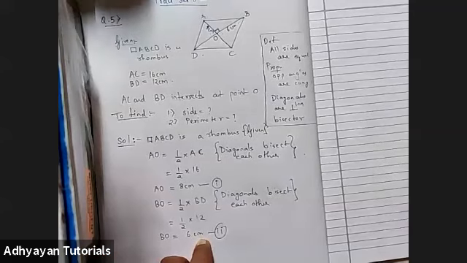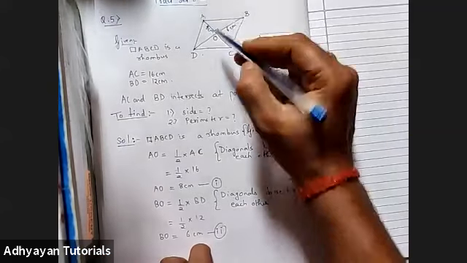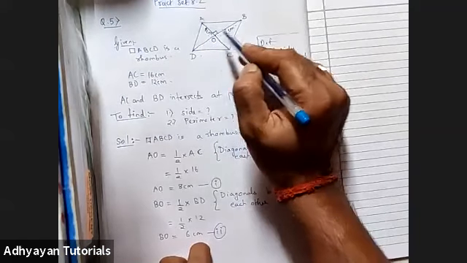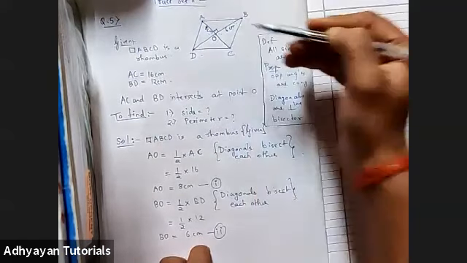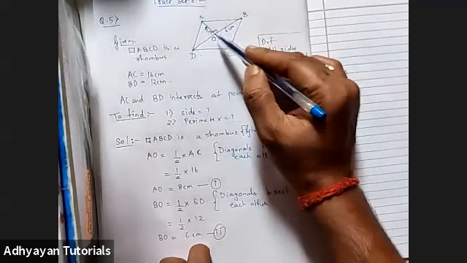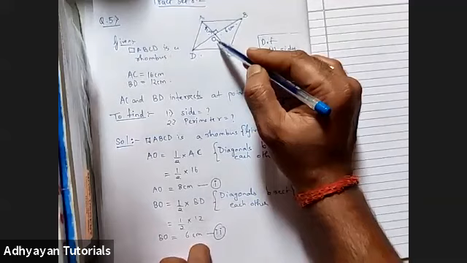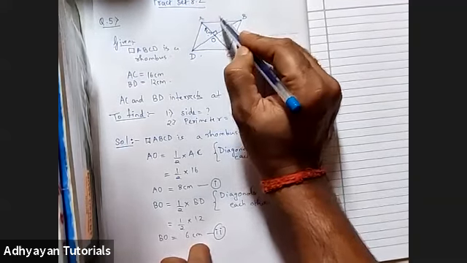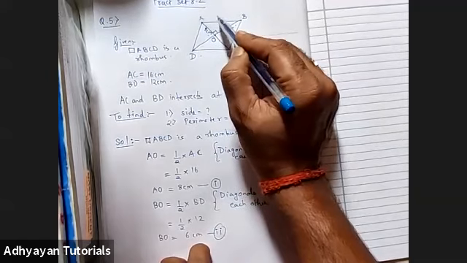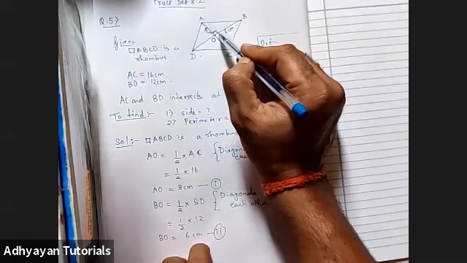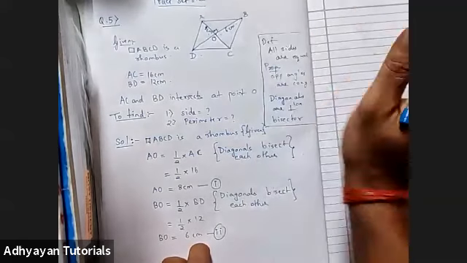Yeah, I've started it. So children, we have got values of AO and values of BO, right? 8 centimeter and 6 centimeter. And we know that diagonals are also perpendicular to each other. That means all the four angles would be 90 degrees, right? Now talking about triangle AOB, since we are interested in the value of side AB, and we know the other two sides, and this angle is 90. Children, can I apply Pythagoras theorem?